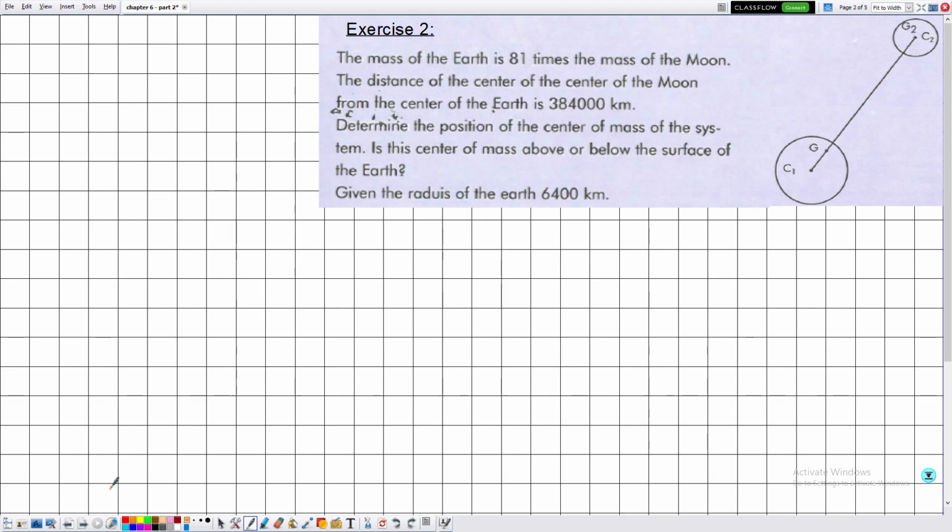Now, exercise number 2, they are telling me the mass of Earth is 81 times the mass of Moon. So let me say that ME is equal to 81 the mass of the Moon. So this is the Earth and this is the Moon. And the distance of the center of the Moon from the center of the Earth is 384,000 kilometers. So the distance d separating both planets, the center of masses, is given by 384,000